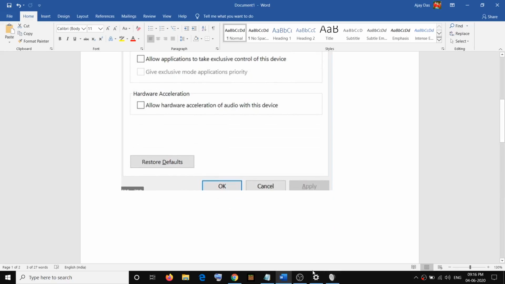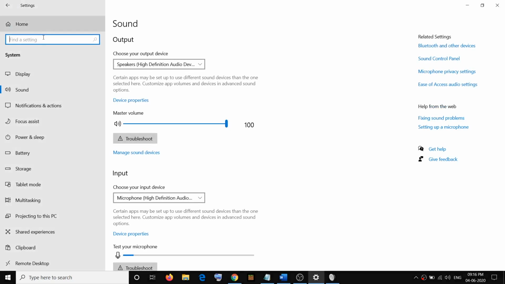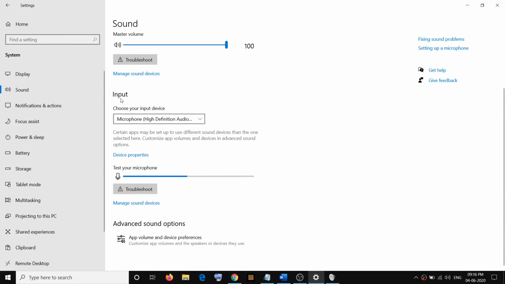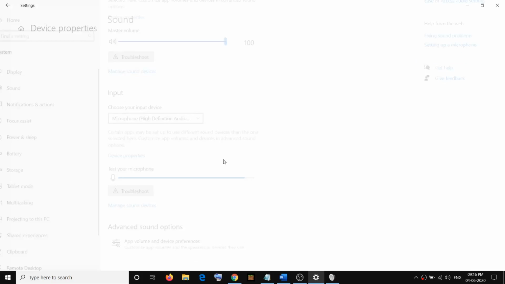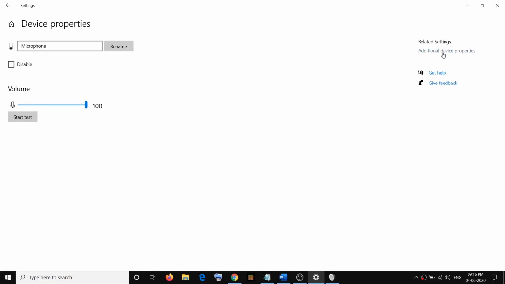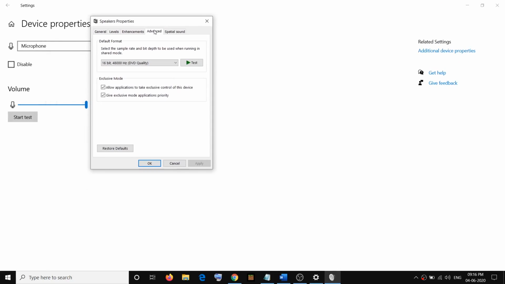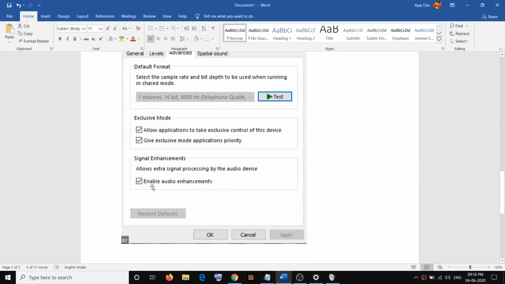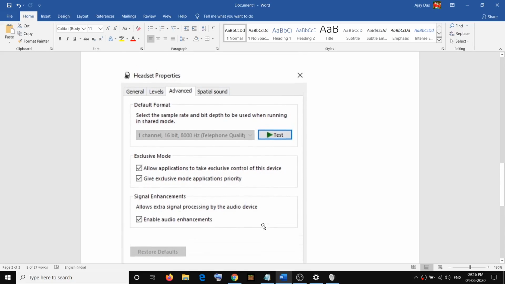and go back to sound once again, and this time go to input. Under the input you will see device properties, so click on device properties, then again click on additional device properties and go to the advanced tab, and here you can see the option which says enable audio enhancement. You have to uncheck this and then click on apply, then OK, and then you can